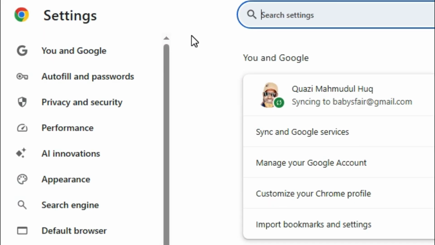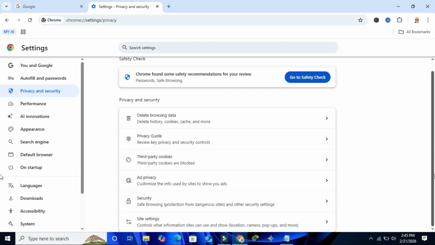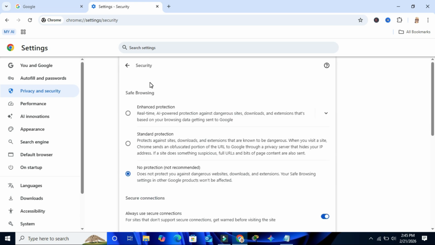In the left menu pane, click on privacy and security, then click on the security option. Here, under Safe Browsing, no protection is selected and it's not recommended. Select Enhanced Protection,